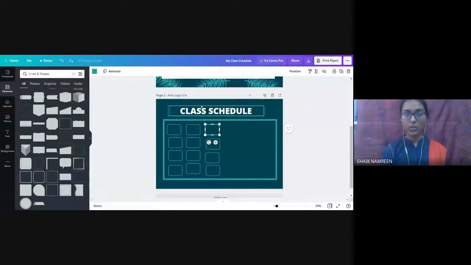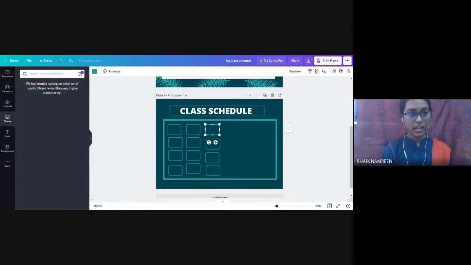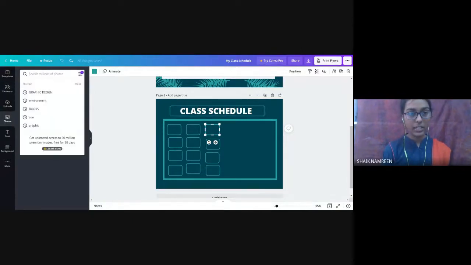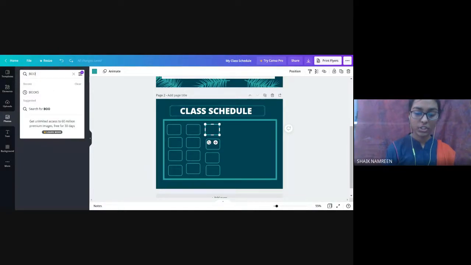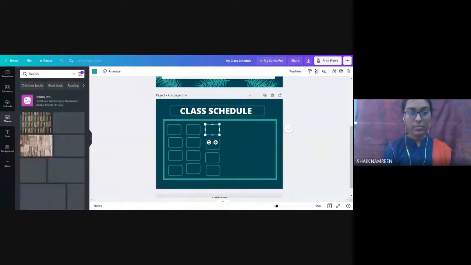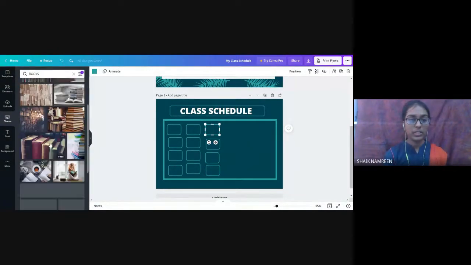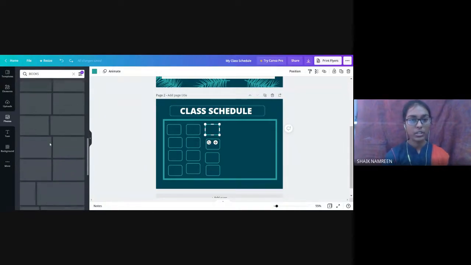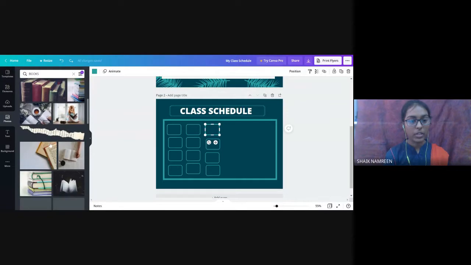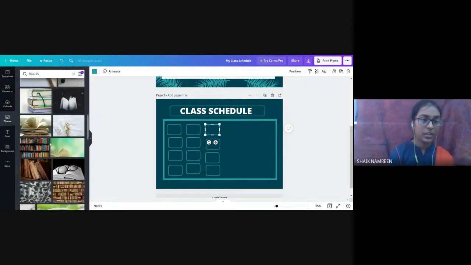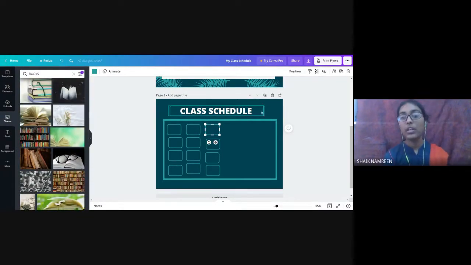So as I showed this one, you can go for the photos, and you can click here for some books. By clicking on those, you can see so many books here. You can select one of those, and you can keep it in this.